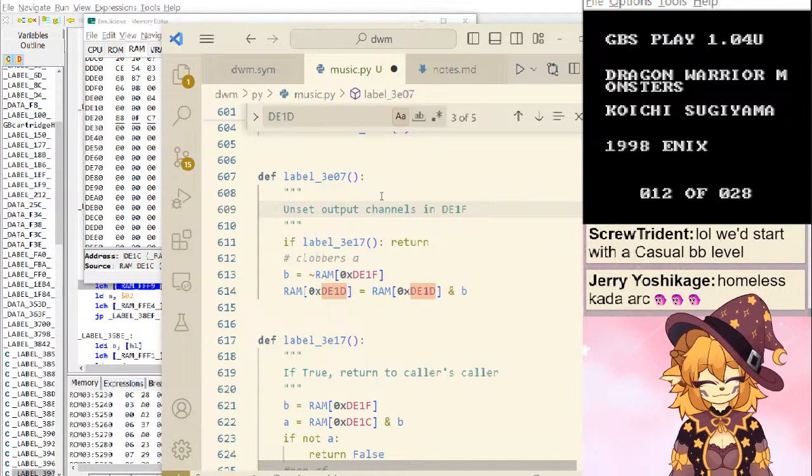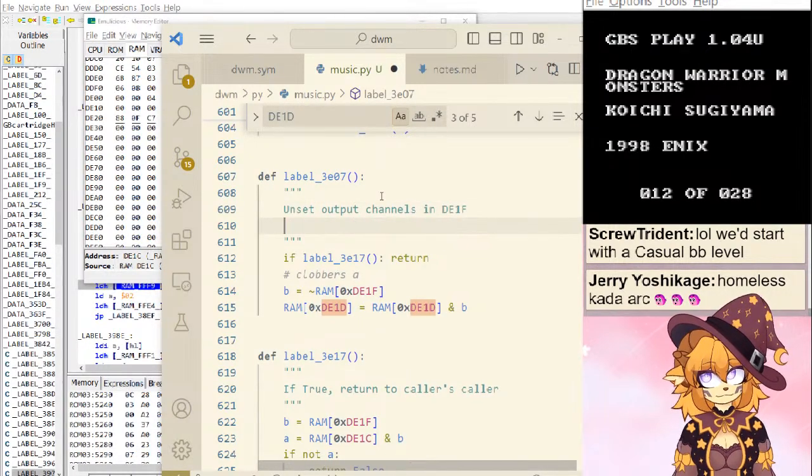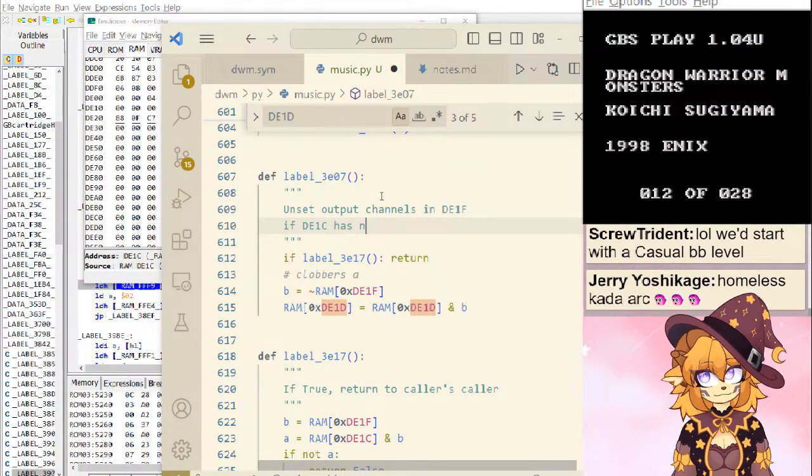Unset output channel DE1F. If DE1C has no intersection with it.